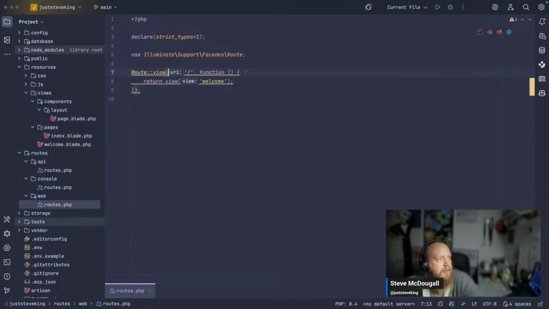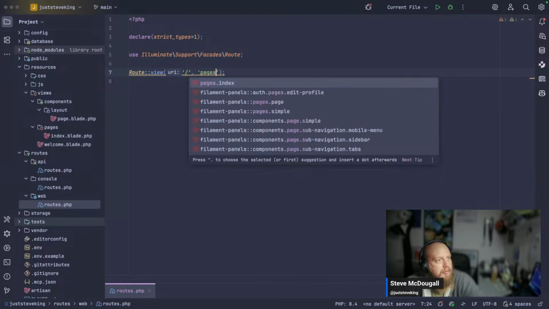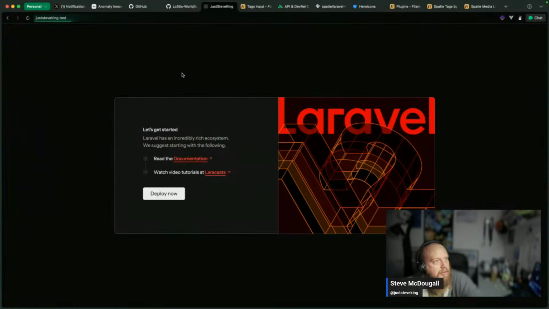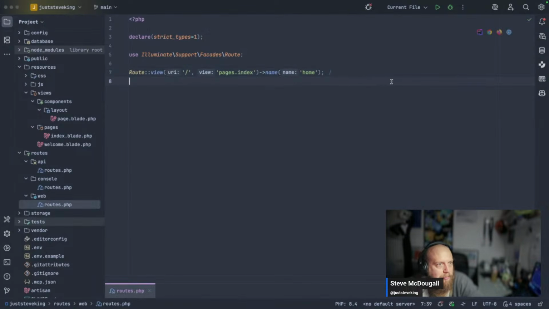Route view, and then this can be pages index, name, home. Perfect. Right, okay, so what I need at this point is